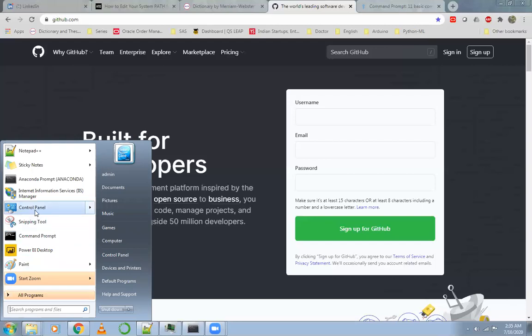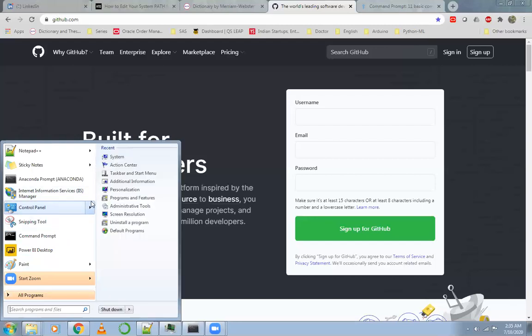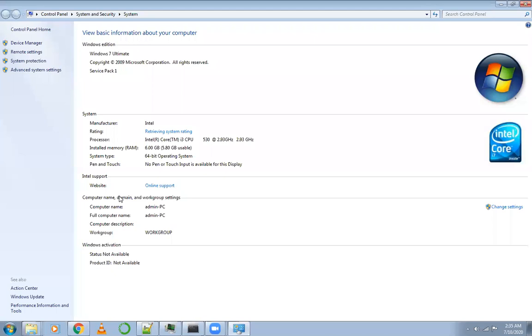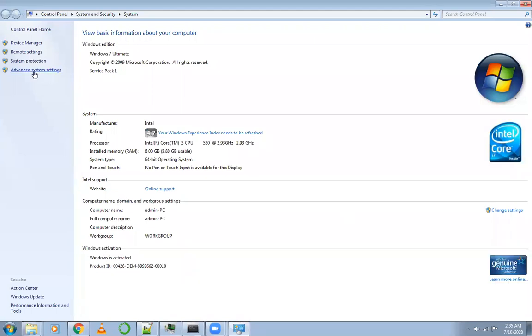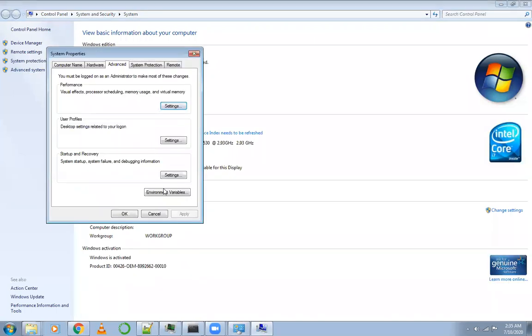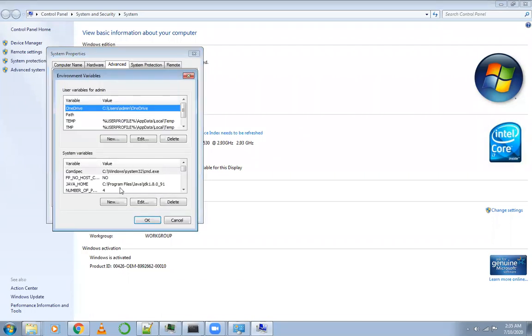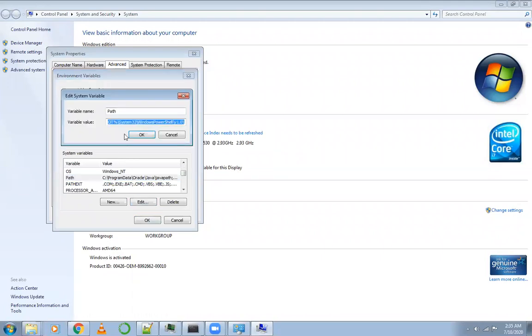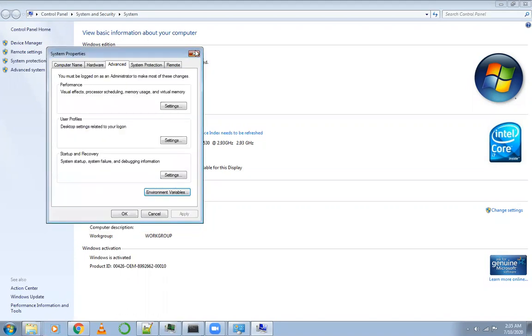I'll click on Control Panel. Then I'll click on System. Then I'll go to Advanced system settings. Then I'll go to Environment Variables. I'll find the Path here. I'll click on Edit. I'll copy the path and I'll close it.